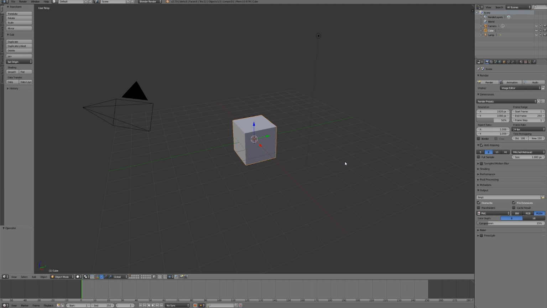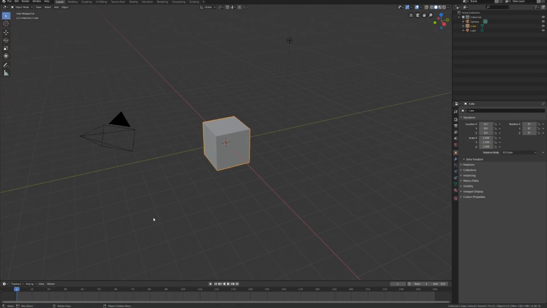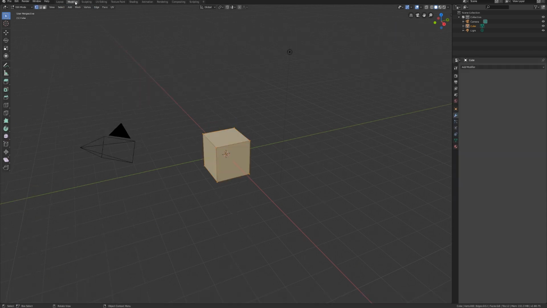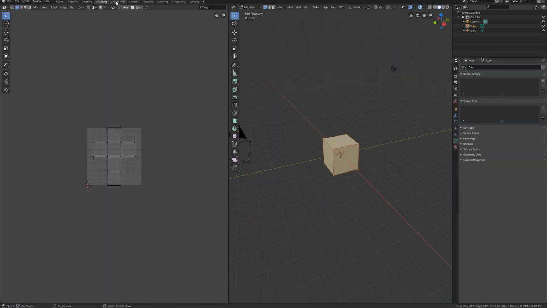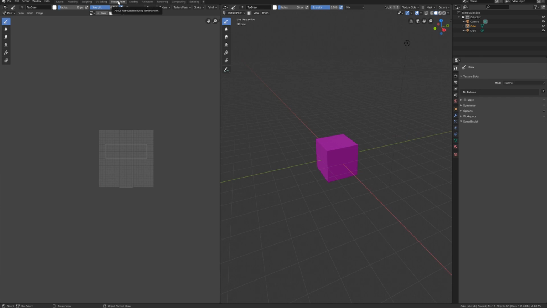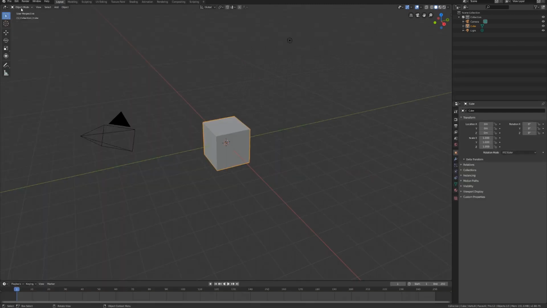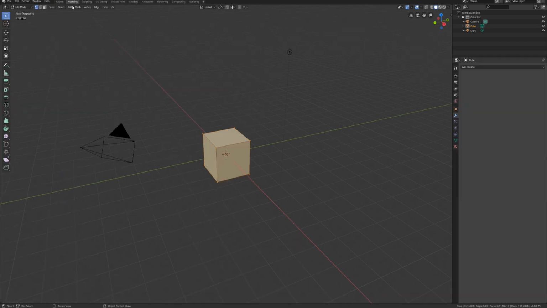Things are a little bit different in Blender 2.8 though, and this idea has been expanded into Workspaces. So now instead of layouts and a menu, we now have tabs along the top. Each tab represents a task that you might use it for, and it's arranged in a particular workflow. If we click between these, you'll notice that of course, our layouts do change, but something else changes as well, and that is the mode that we are in. If we go to Layout, you'll see that we're in Object mode, but if we're in Modeling, you'll see we've